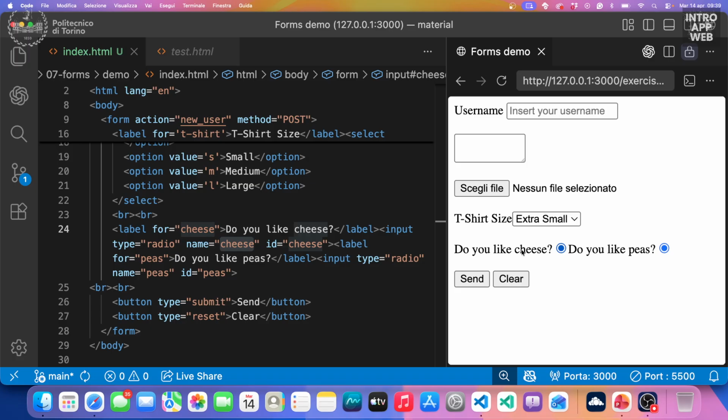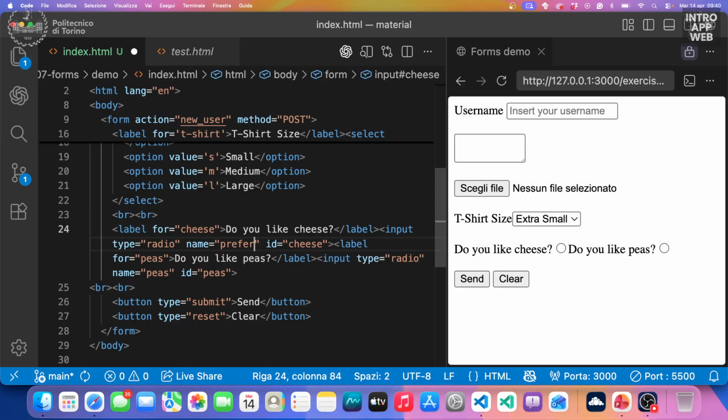But if I have a radio button, what do I want? That if I select one option, then the other option automatically gets deselected. So somehow I have to group the exclusive options, so that if one of them is selected, the other one gets deselected. The way of linking them so that I can make them mutually exclusive is through this specific attribute that is the name. So here, since the name was different, they are being treated as different, non-exclusive options. But here, if I set the names to preference, for instance,